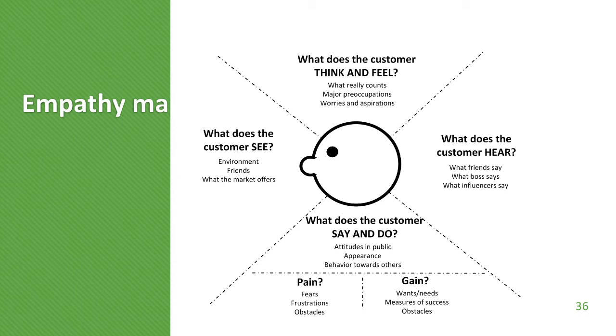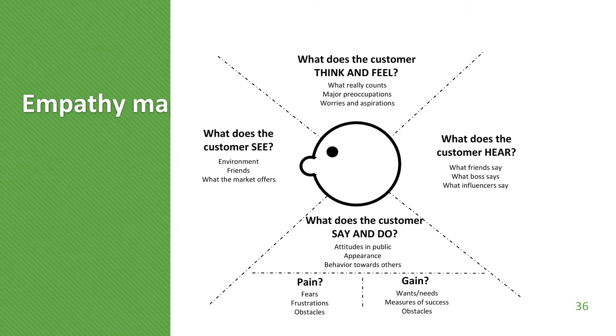Let's say you sell a luxury brand. Well, you want to know if Molly is interested in luxury brand things, or maybe she's interested in luxury brand looking things, but that LV is not an LV after all. You've got to know this about her. What pain is she going through and what is she hoping to gain? What are her wants and needs and how does she measure success?